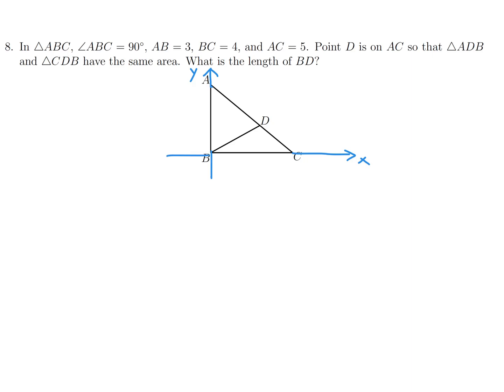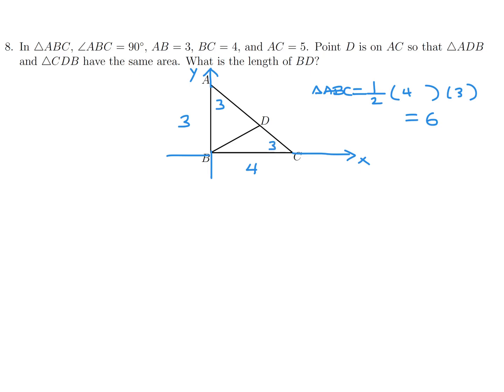Okay, so first of all, let's figure out the area of the entire triangle ABC. 1/2 base times height, right? The base is BC, which is 4. The height is AB, which is 3. So it'll be 1/2 times 4 times 3. So that's 6. And therefore, since the triangles ADB and CDB have the same area, they're going to be 3 each in terms